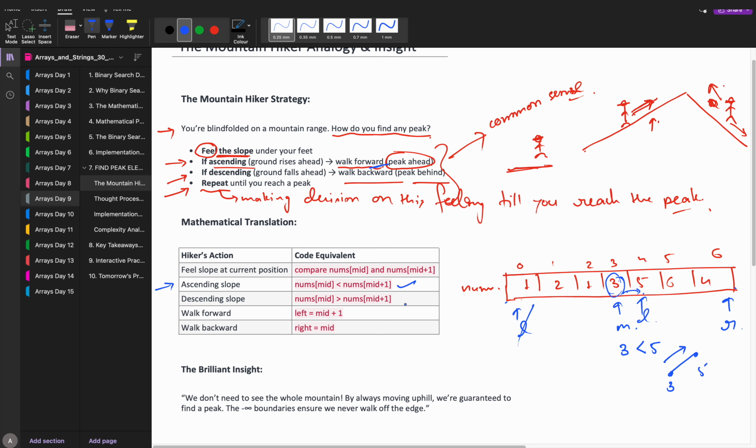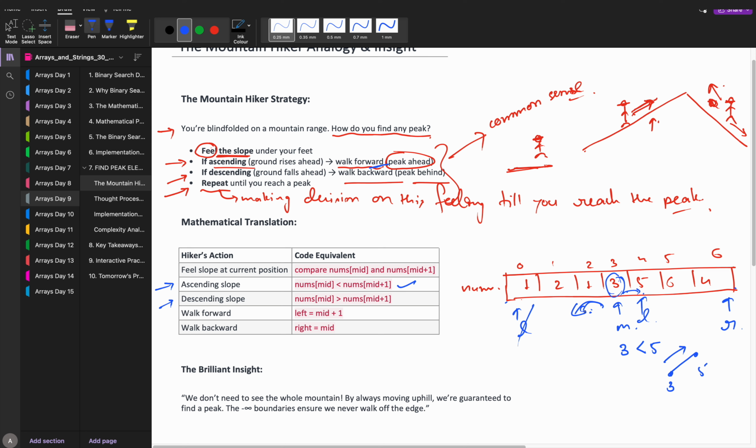And let's say it was not less than, it was greater than है ना, तो ये डिसेंडिंग स्लोप होगा. तब वो क्या करना पड़ेगा? देन यू वुड हैव टू मूव इन दिस डायरेक्शन, है ना. सो दैट्स व्हाट द टर्मिनोलॉजीज आर रिटन. Ascending slope defines that the item next to is higher, and if the item next to is lower, it means descending slope, so you need to move backwards.